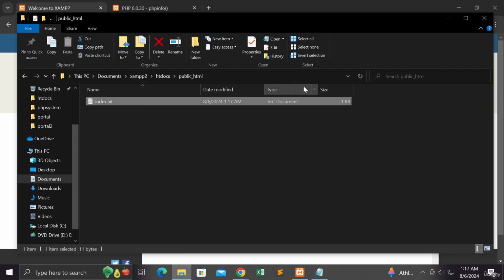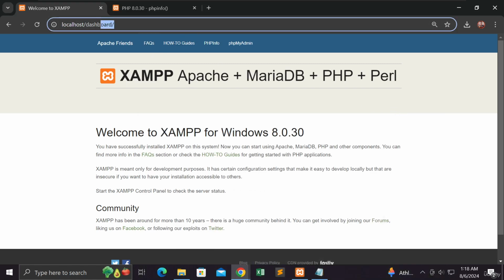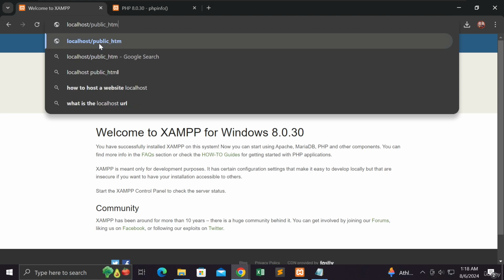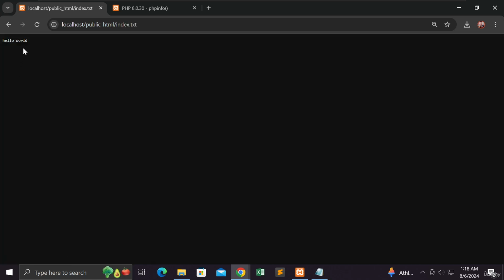Okay, so right now, to access that using our browser, I'm going to close this one. I'm going to put here the public HTML. Okay, so you will see that I am able to open the folder using the browser, and you will see the index.txt over there. I'm going to click it, and you will see the hello world. It means to say that our